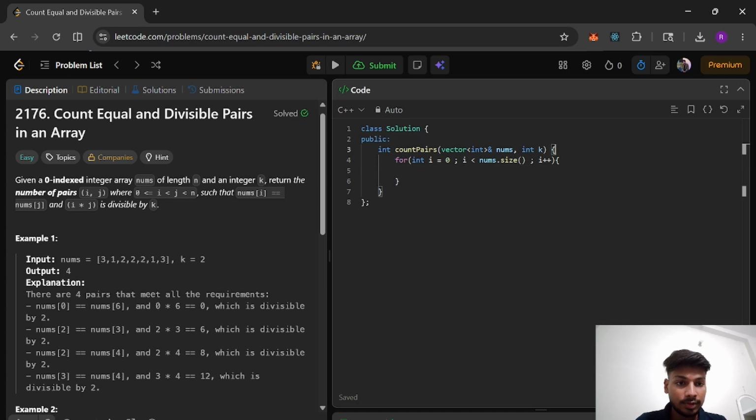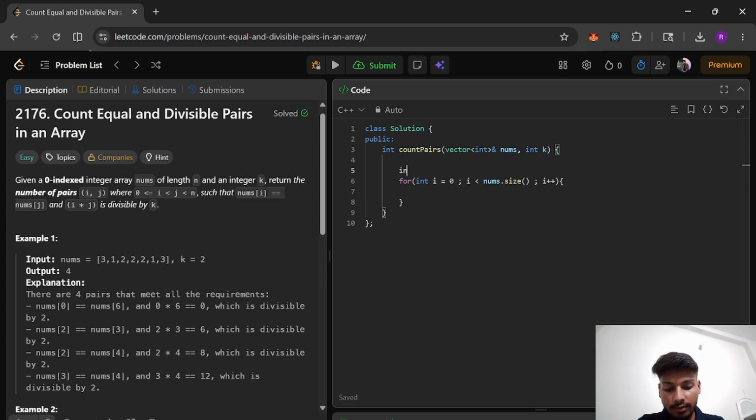So before moving to the second loop, we'll have a variable that will store the total number of pairs. So int count is equal to 0, and after this for loop we'll have another for loop